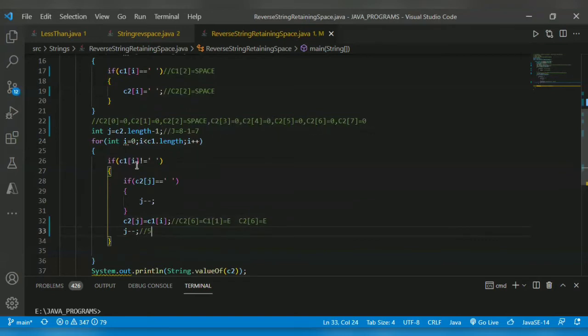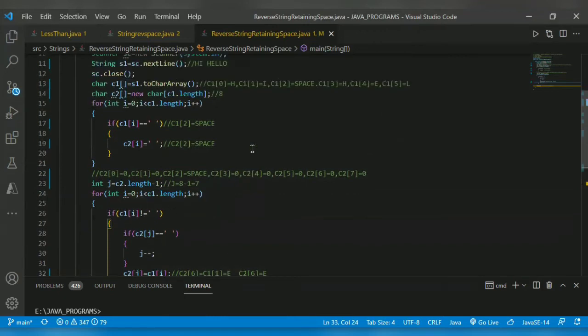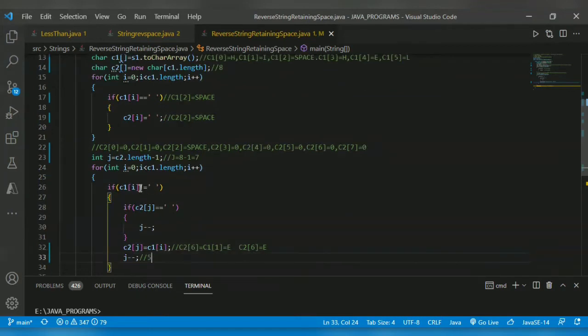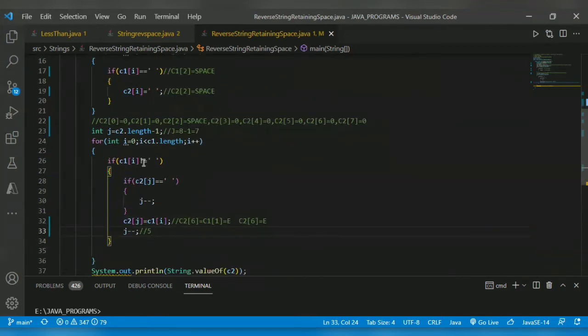After that, now i is equal to 2. c1 of 2 is equal to space. So here the condition c1 of 2 not equal to space will not be satisfied, so it will not work.